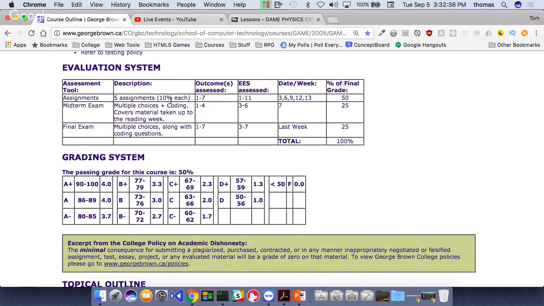Now it says 5 assignments for 10% each. I'm more prone to do 4 assignments, and if you look at the tests, your midterm is 25 and your final is 25. I don't want to make them bigger than that, all right? Which means I want to give more beef to assignments and smaller tests, maybe a test in between for each of the modules, right? Again, just to make it easier, not to make your life hell, right?